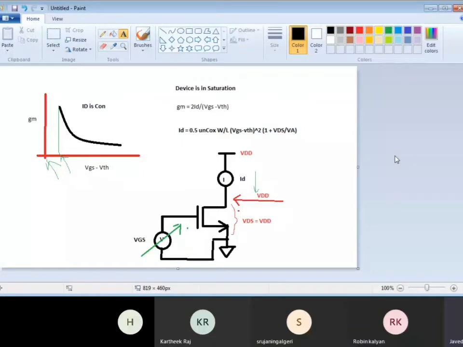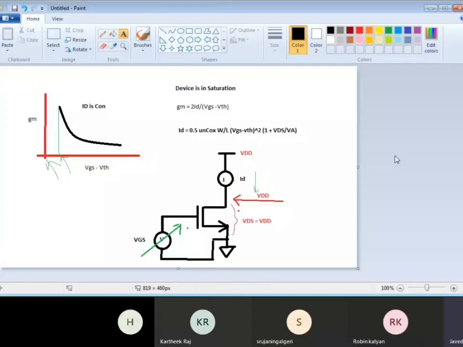So when the GM is, which is the transconductance, what is transconductance? 2 times ID over VGS. So it is the amount of change in the current which is caused by a change in the voltage. Now if there is no change in the current and there is only going to be a change in the voltage, so if ID is constant and VGS keeps increasing, if the denominator keeps increasing with a constant numerator, then the value will also start falling down.